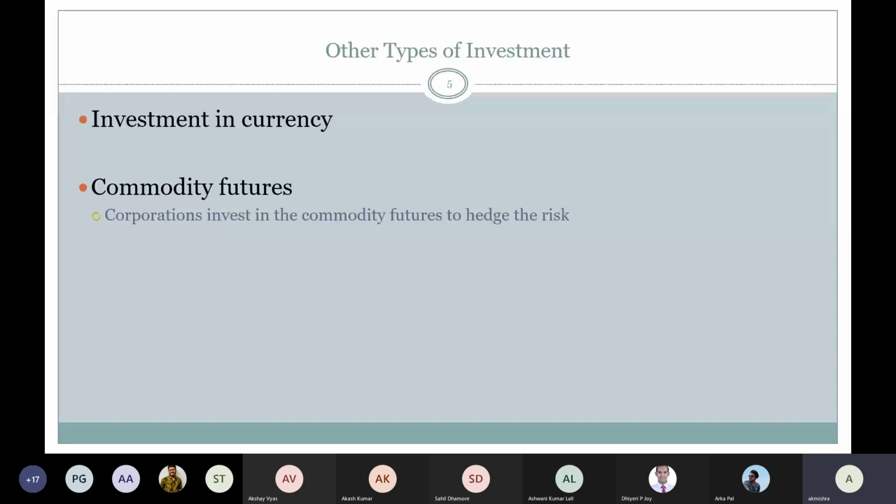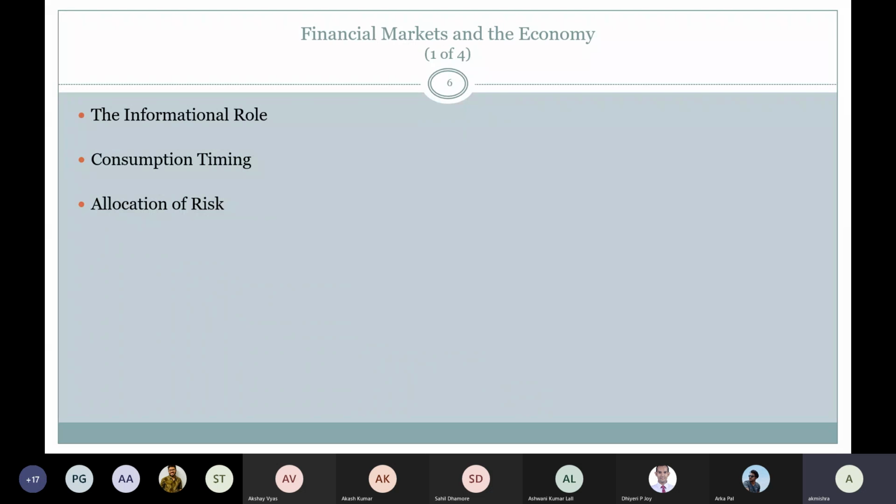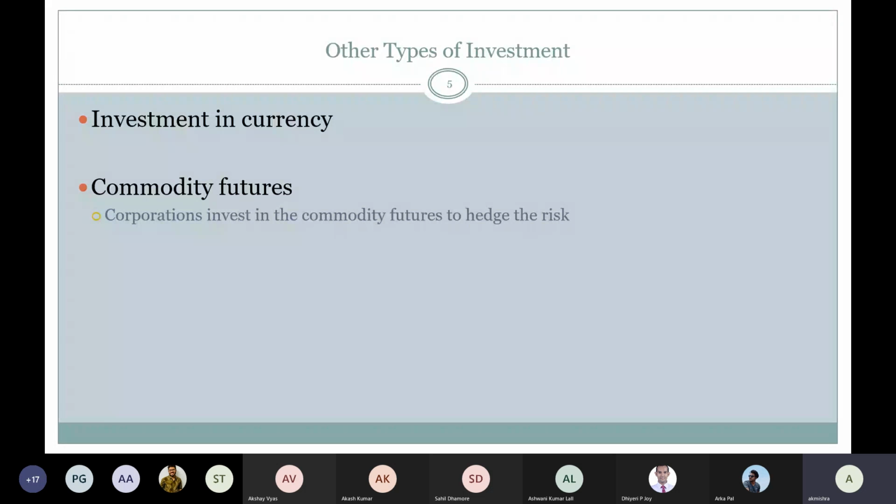So, another type of investment, we already know, is investment in the currency market. There is also investment in the commodity market. And why do people invest in these kinds of markets? Generally, they go for hedging